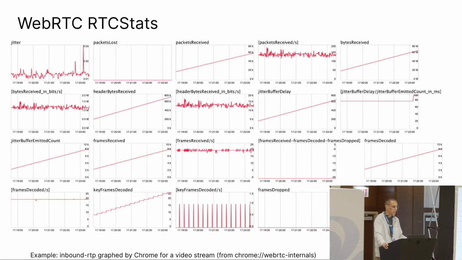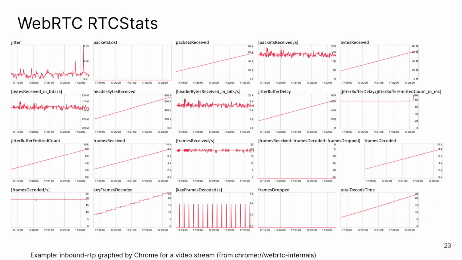This is, for example, how WebRTC internals in Chrome graphs what's provided by RTC stats from the client. All this information is available from the client API, and you can make the client send it to, for example, a collector of this information, so that then you can